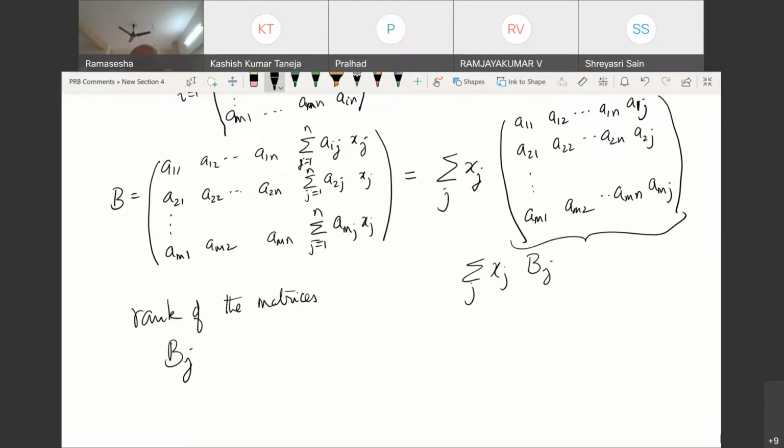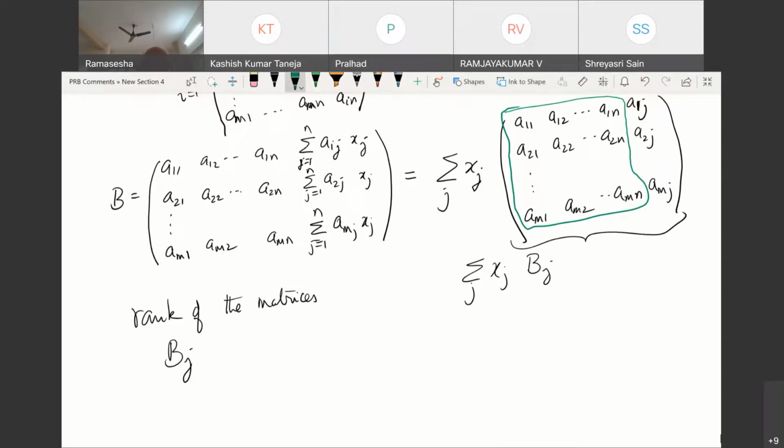Earlier you had the matrix A. To this matrix, you have added the jth column, that corresponds to A1j, A2j, etc. So you have repeated one of the columns that was here into this one. For example, when I have x1, the repeated column is A11, A21, AM1. When I have x2, the repeated column is A12, A22 to AM2, because that is the column that is going to come there. So this column is a repeated column of one of the columns that already exist here.